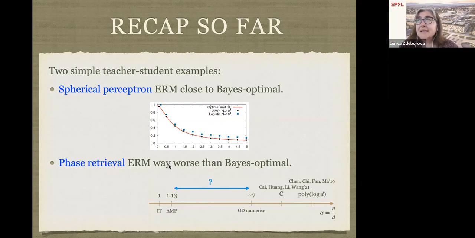So for instance, any data that you can generate from a GAN is a data distribution for which we can go through these calculations and have the learning curves. We are now combining the analysis of the gradient descents with that, but on the level of the approximate message passing and these Bayes optimal results, we actually do have the results for more general, more realistically looking data. And that's indeed an important direction. I just didn't cover it today.